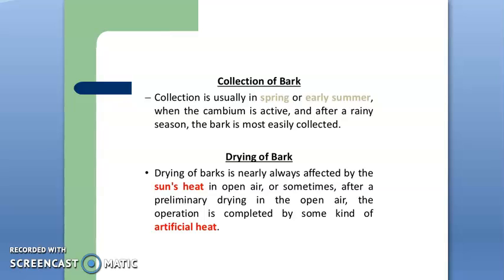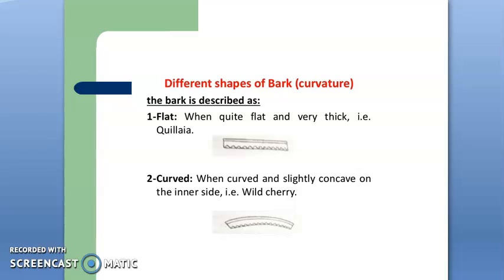After this, the bark exhibits several morphological and microscopical characters. But the morphological characters need special attention as they help in the identification of barks. As earlier we have seen in the video on standardization of herbal drugs, we have seen the 5 to 6 methods for the evaluation of a drug, in which the first method is morphological evaluation. So in that method we have to evaluate the morphological characteristics of that drug. This morphology of bark is very helpful for the identification of barks.